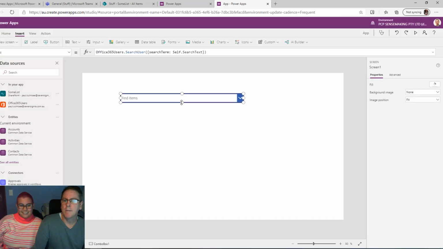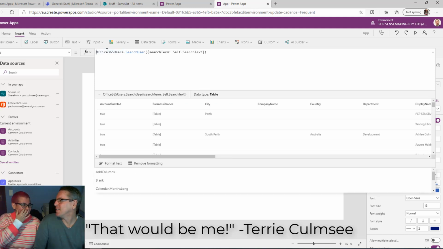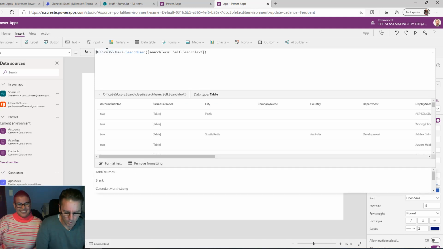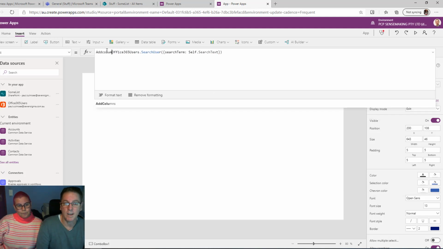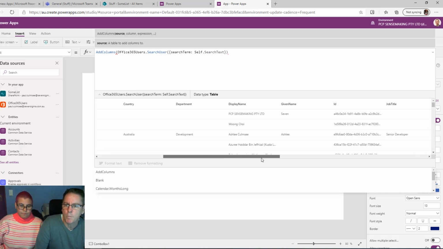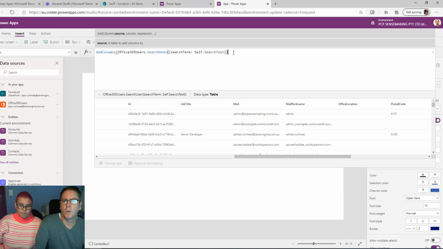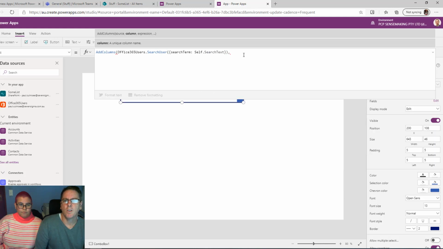So now, same kind of deal as before. Let's do the add columns thing again, just because we can. In all seriousness, this has been quite useful for me because in corporates, sometimes you have your payroll number or a unique identifier that's not your email address, and often it will be in something like mail nickname. And so being able to do things like bringing up and showing the payroll number, or customizing the display. What I'll do here is we'll add a column, we'll do our search, and the column we'll add